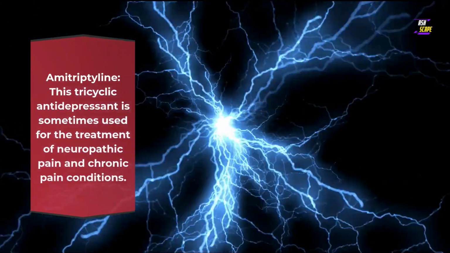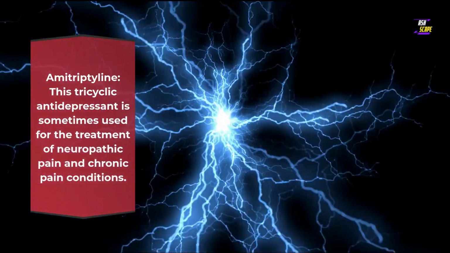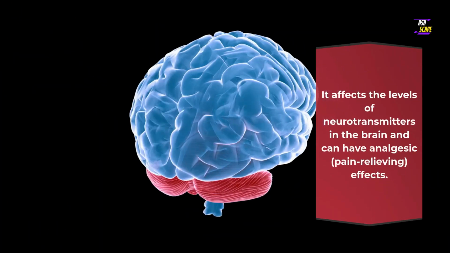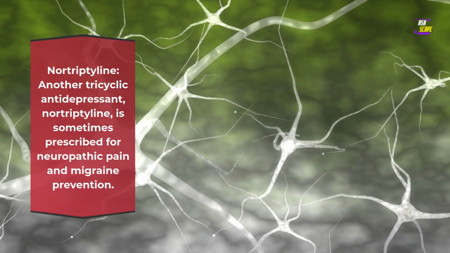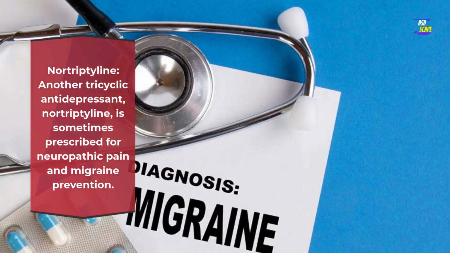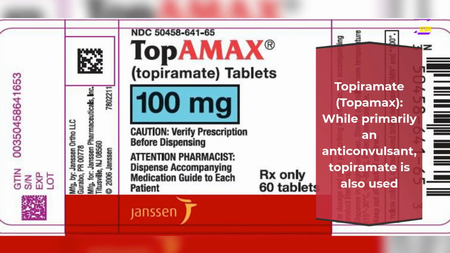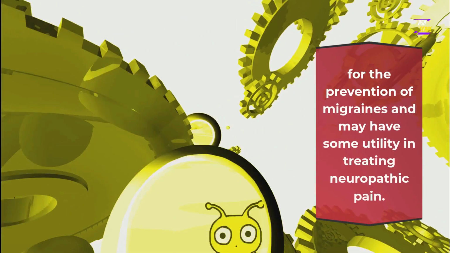Amitriptyline, this tricyclic antidepressant is sometimes used for the treatment of neuropathic pain and chronic pain conditions. It affects the levels of neurotransmitters in the brain and can have analgesic, pain-relieving, effects. Nortriptyline, another tricyclic antidepressant, nortriptyline, is sometimes prescribed for neuropathic pain and migraine prevention. Topiramate, Topamax, while primarily an anticonvulsant, topiramate is also used for the prevention of migraines and may have some utility